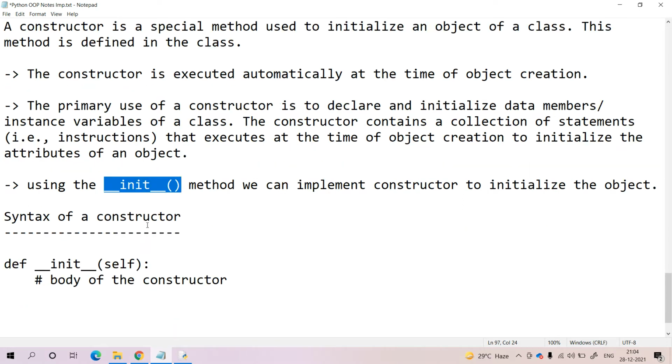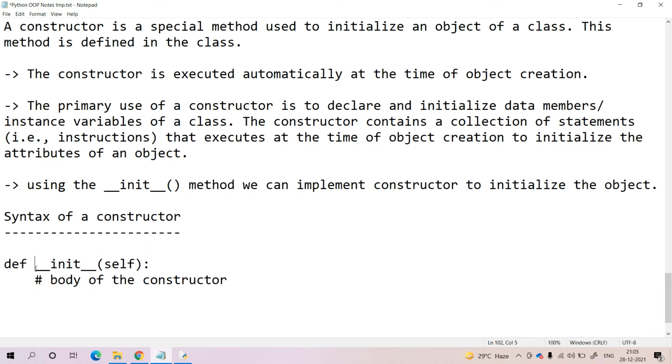The simple syntax to define the constructor is just like defining user-defined functions. We use the def keyword to define the function. Here the function name itself is underscore underscore init underscore underscore, and for this method we need to use one important keyword, self. It is the mandatory parameter that we need to use at the time of defining the constructor method in the given class. This self keyword acts like the current class object, and it is bound to the constructor method. Please remember it.